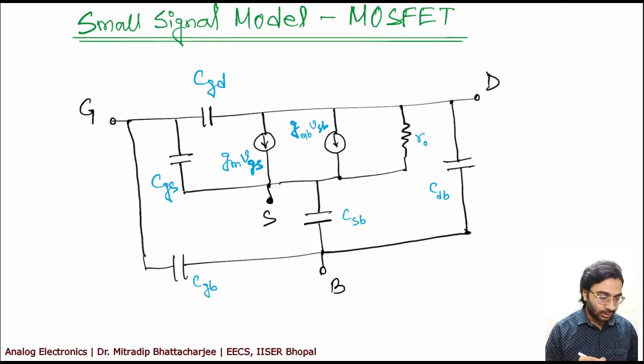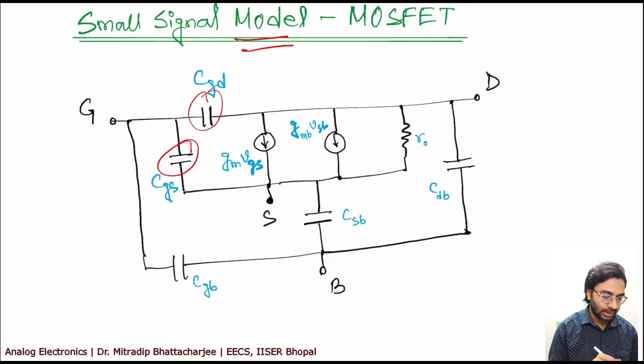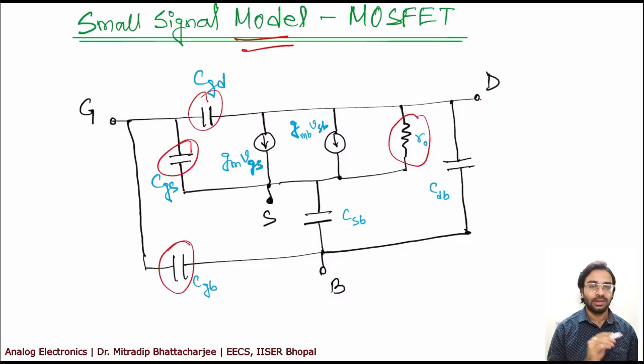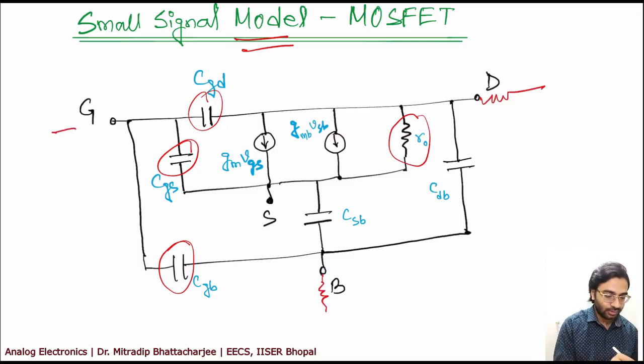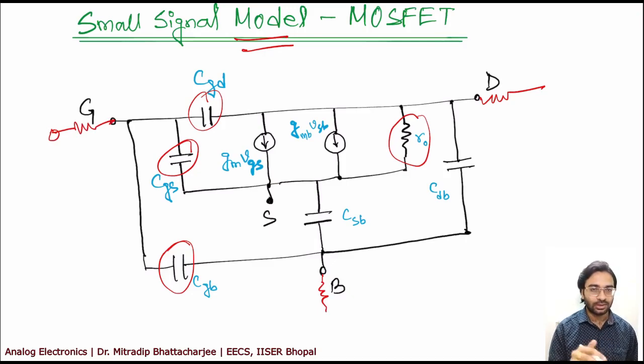So we have already discussed the small signal model of MOSFET, wherein different parameters like capacitances and resistances were discussed in previous slides. And I have said that there are a few resistances, just like in BJTs, in the case of MOSFET as well, which I did not consider here. But if required, somebody may consider them. Even if you don't consider them, that is not a problem, because ultimately we are working with these internal